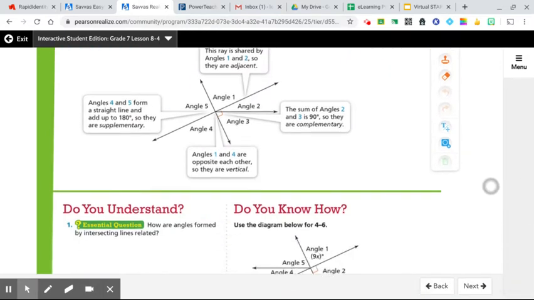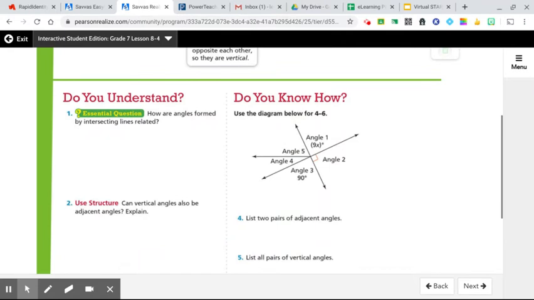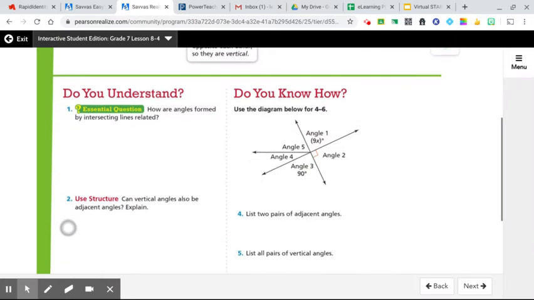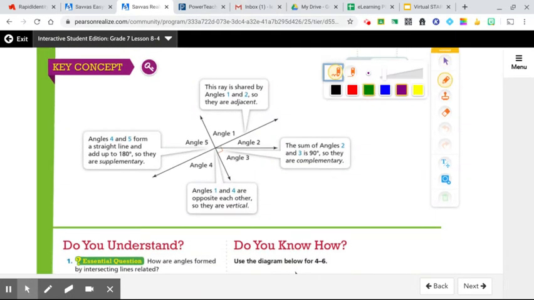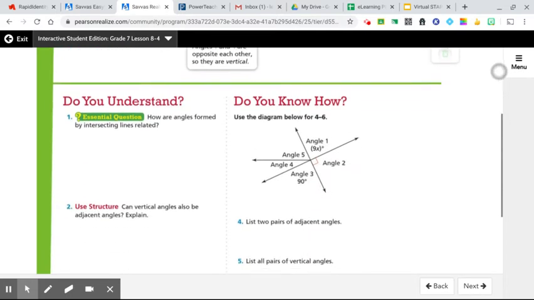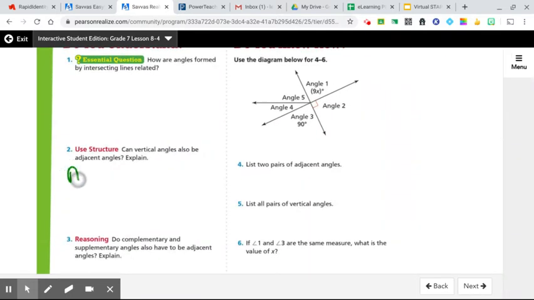Okay, so I asked you to look at number 2. Number 2 asks, can vertical angles also be adjacent angles? So here we're asked to really remember 2 of the key terms. I'm going to tell you the short answer is no. They cannot be both. No. By definition,